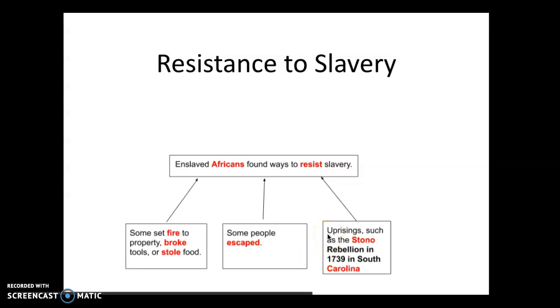And some engaged in uprisings or rebellions against slave owners. It didn't happen very often, at least not as often as you would think, given the fact that there were so many slaves in the South, huge populations of slaves. But because of the use of threat and intimidation and physical punishment against slaves,